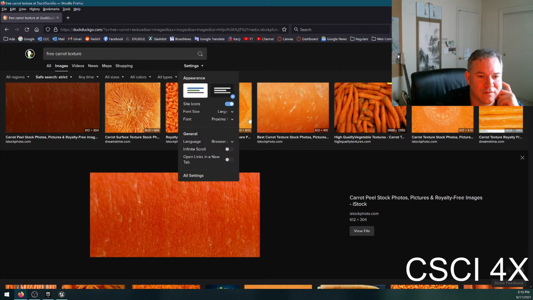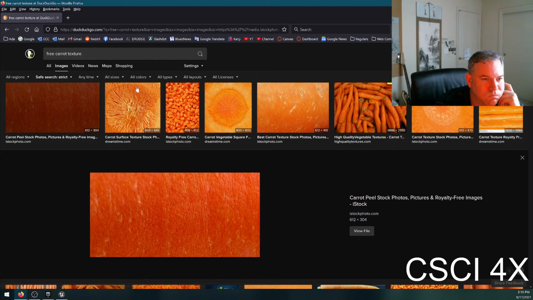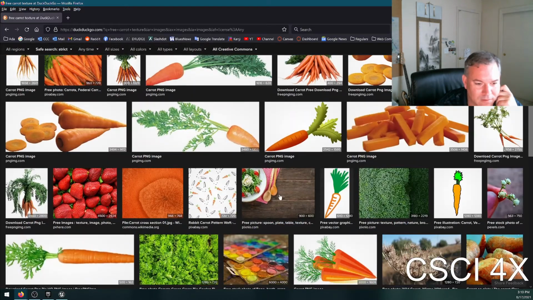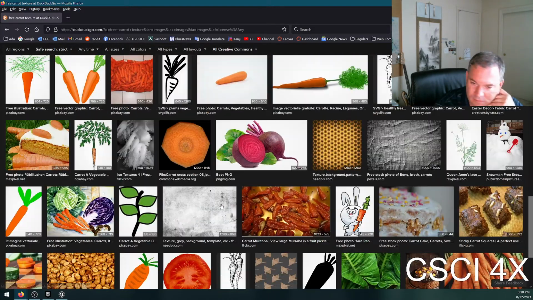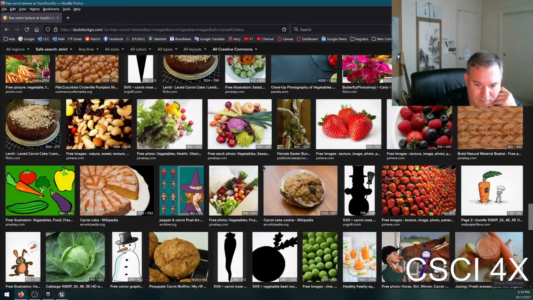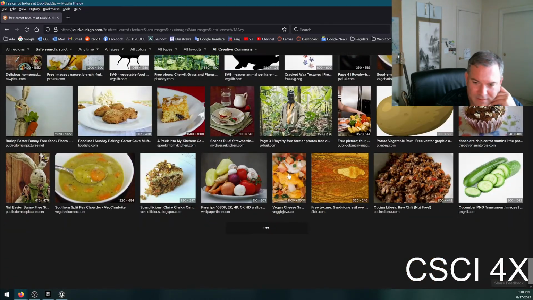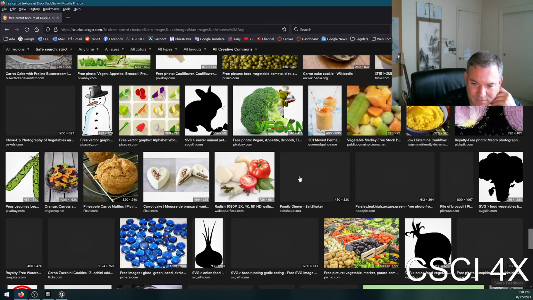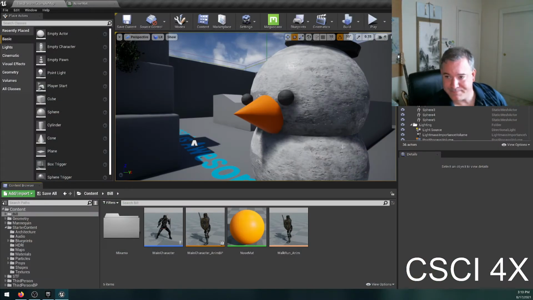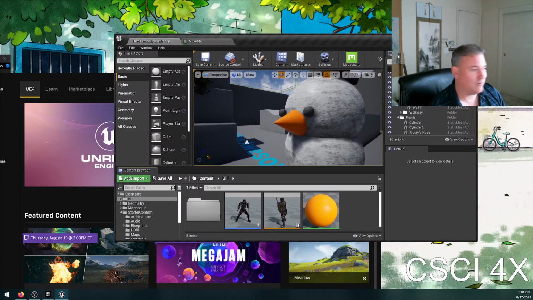Let's see, settings. Creative Commons. Great. All my beautiful carrot textures away. Well, I'll just show you what it looks like. Okay, so if you want to import that carrot texture, what you do is you go to your desktop and